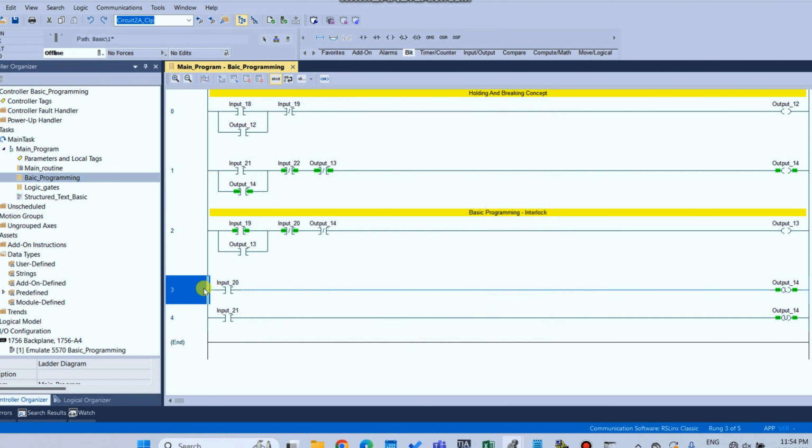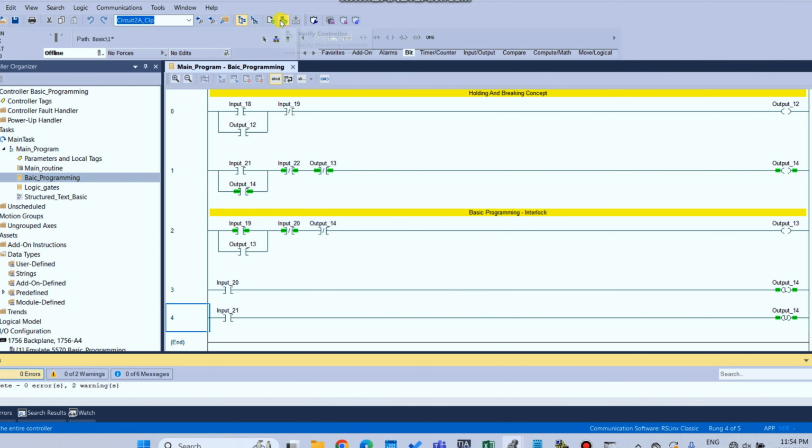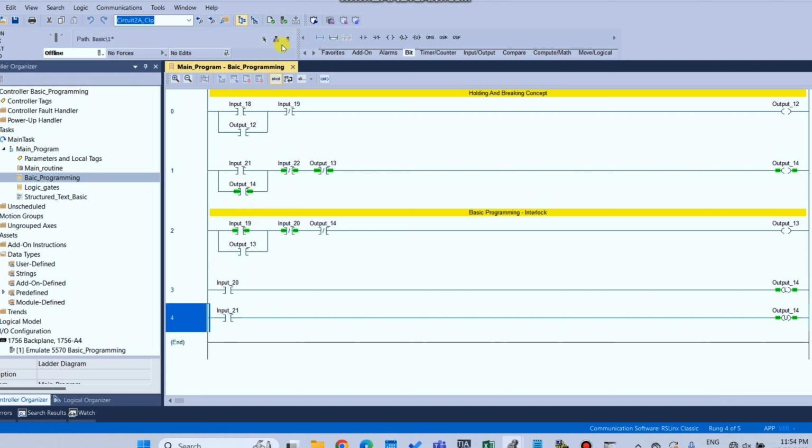It is a must to know that before downloading any program we must verify the controller, because it helps to check whether there is any error or not. So here 0 errors, 1 warning.